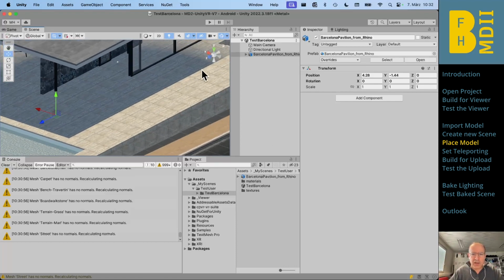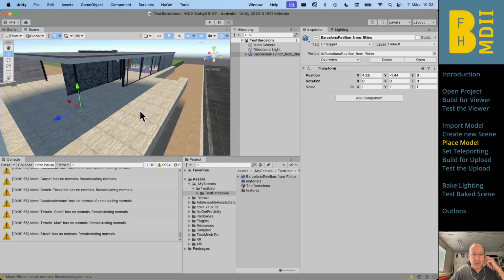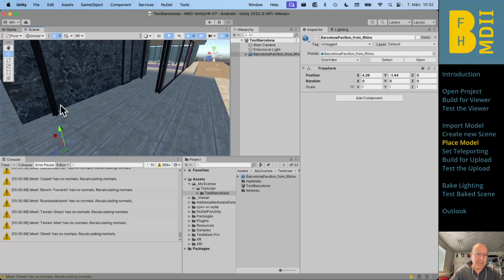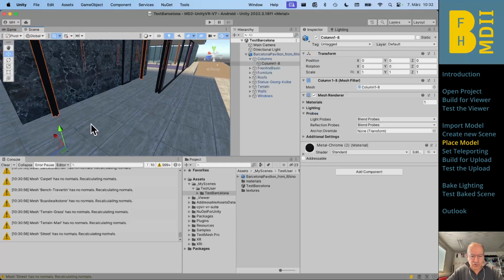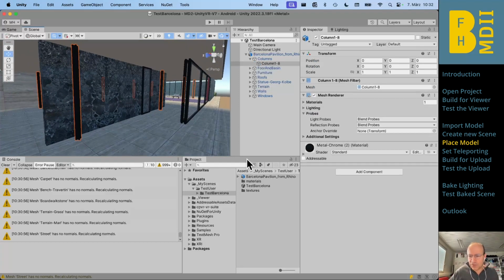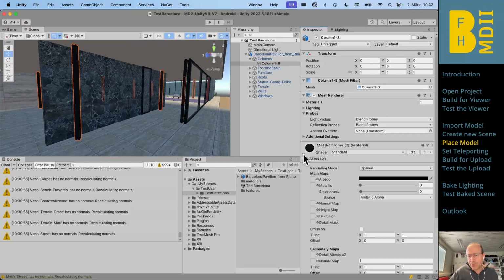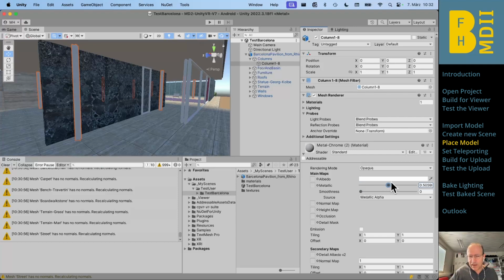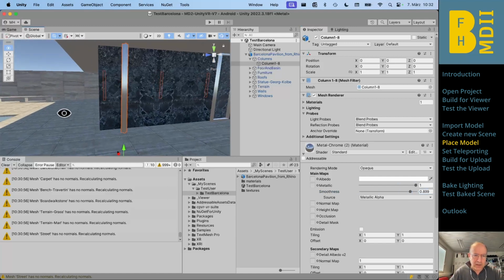What else do we need to do? Maybe we need to adapt some materials. For example, this chrome steel material, the import was not correct. Because we exported the materials, it is black. We don't need it as black, and we need the metallic pretty high. Chrome to 1, and the smoothness, let's say, to 90%. So it looks a little bit more